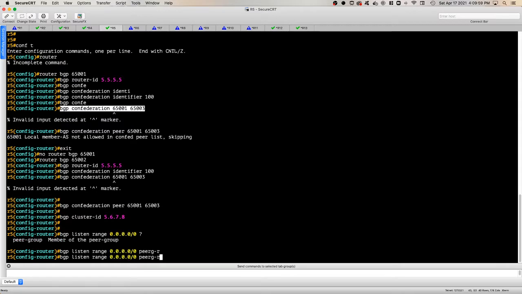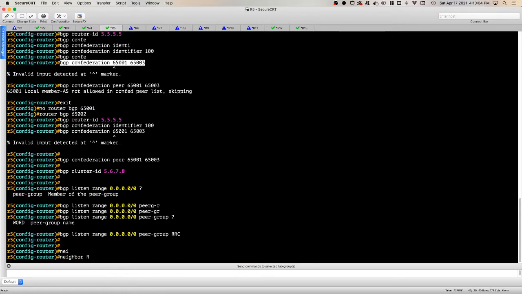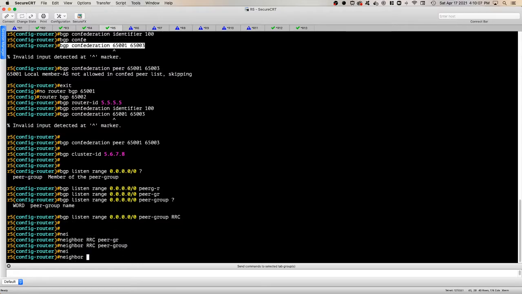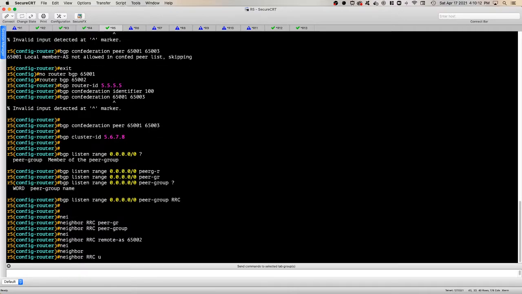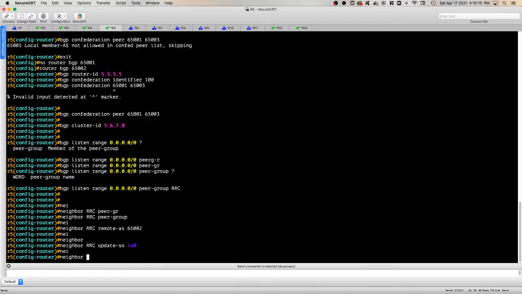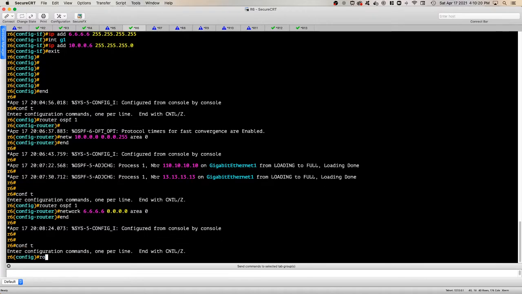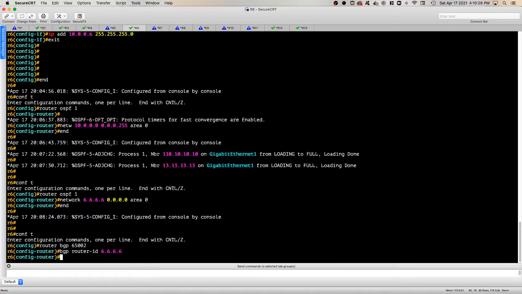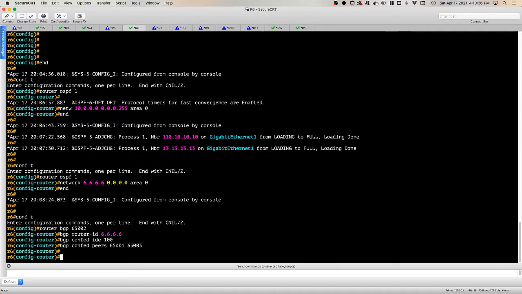We're going to say peer group, and we're going to say RRC, and then neighbor RRC is a peer group. We're going to say that RRC is the remote AS 65002, and we're going to say RRC is sourcing its updates from Loopback 0, and we're going to say that RRC is the route reflector client. Same configuration on these guys. 65002, BGP router ID 6666, BGP confed identifier is 100, BGP confed peers is 65001, 65003, and then same thing